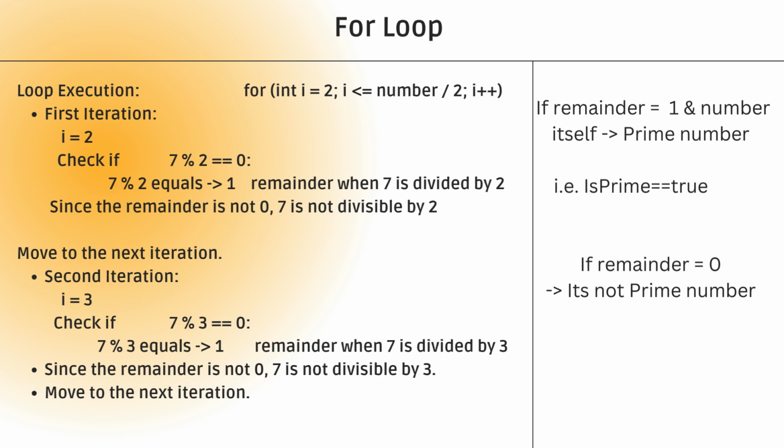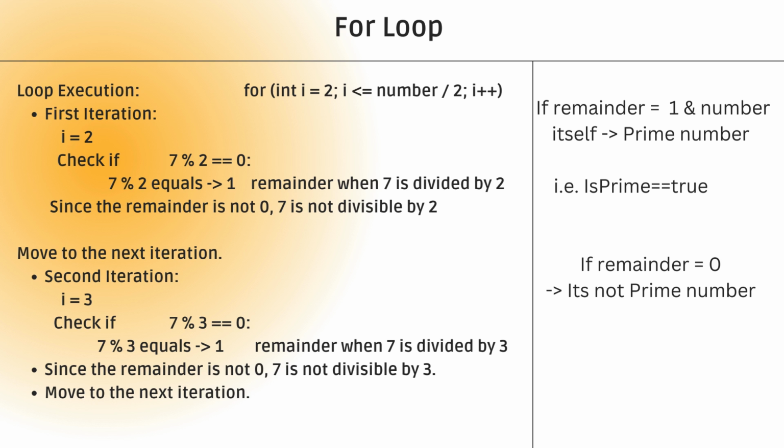So let's take an example. Let's take a number 7. When I is 2, it will check whether 7 is divisible by 2 or not. As we know, 7 is not divisible by 2. It gives a remainder 1, right? So it will add one more iteration, and now our I becomes